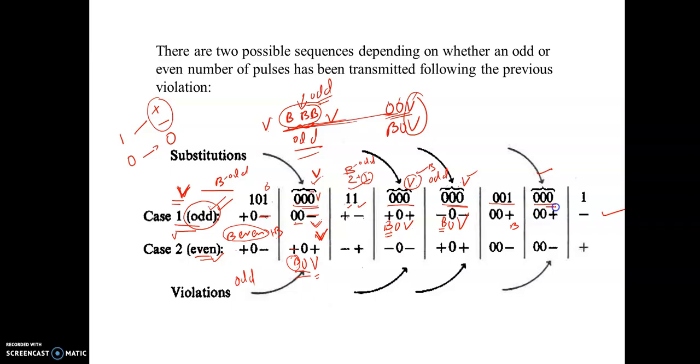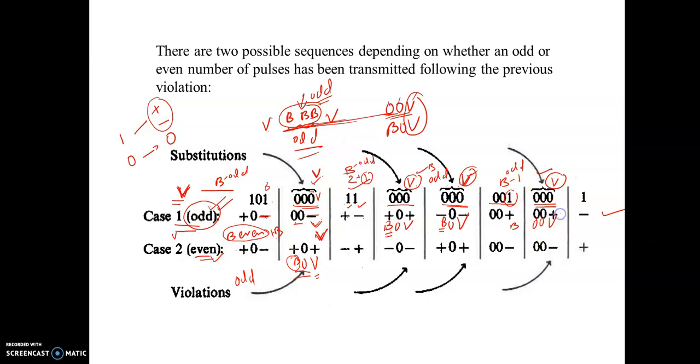Again you have triple zeros. So you find out the previous violation. Previous violation is wherever you have three zeros. So this is a violation. Then triple zero means the last point will again be a violation. Count the number of B's in between these two. You have only one, so B is 1. B is 1 means it is already odd. So you can replace it with 0, 0, V. There is no need for any one more B. It is already odd.